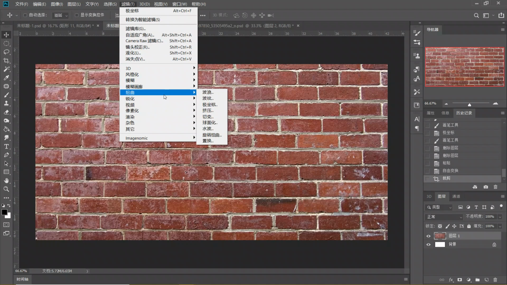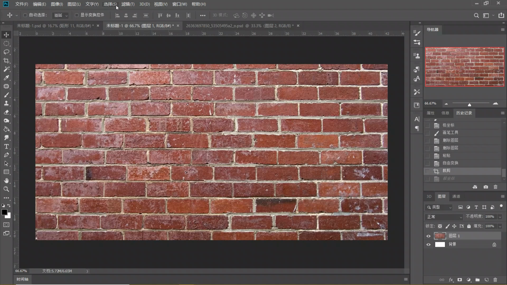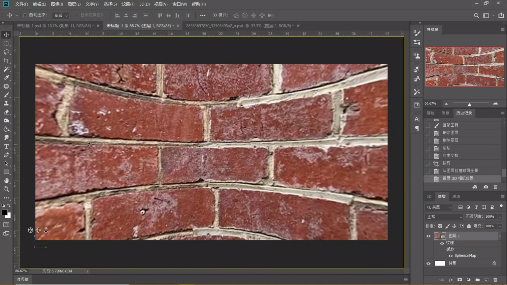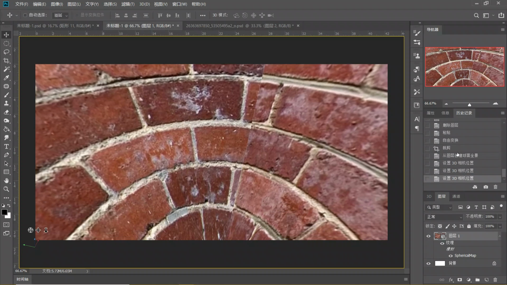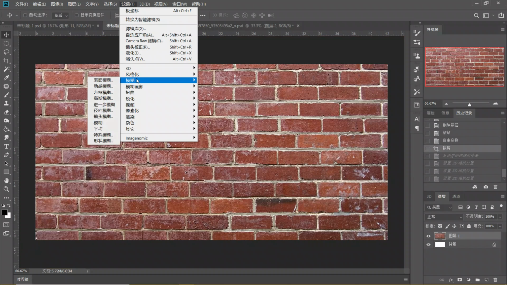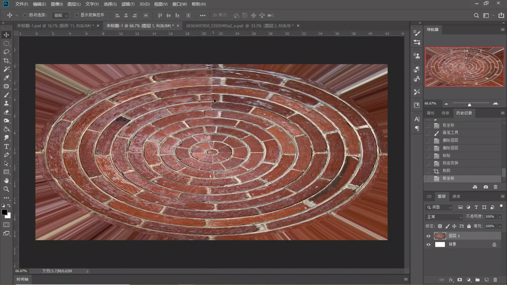So I use the polar coordination again. Also, if you see that straightly in the 3D way, you will see that this part cannot connect perfectly. So as for that, I will use this tool, and then you can clearly see that the part that cannot connect is right here. So as for solving that,